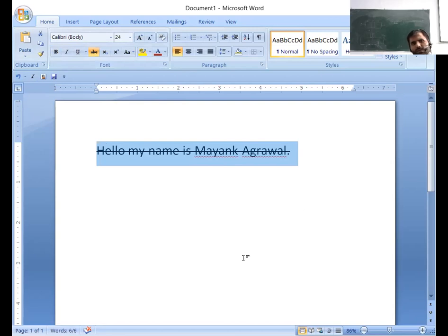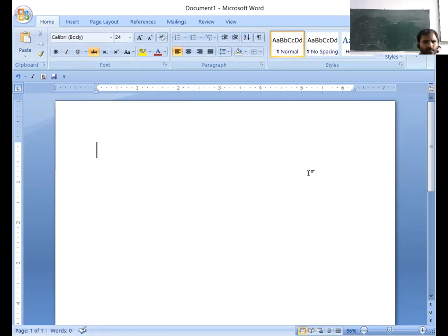So after choosing the strike through option, you can see my text has been struck through. Now if I want to use superscript and subscript in our document, then I have to choose the superscript and subscript options in the font section.